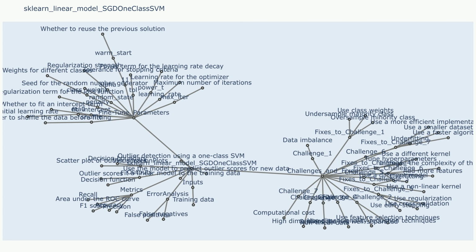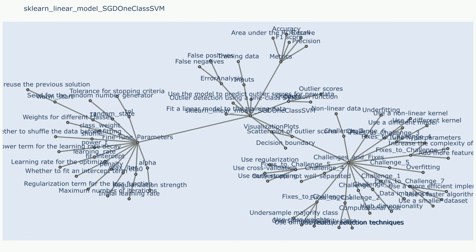sklearn, linear model, SGDOneClassSVM. Description. This class implements a one-class SVM using a stochastic gradient descent (SGD) method. It can be used to detect novelties or outliers in data. The model learns a boundary that encapsulates the normal data points, and any data point outside this boundary is considered